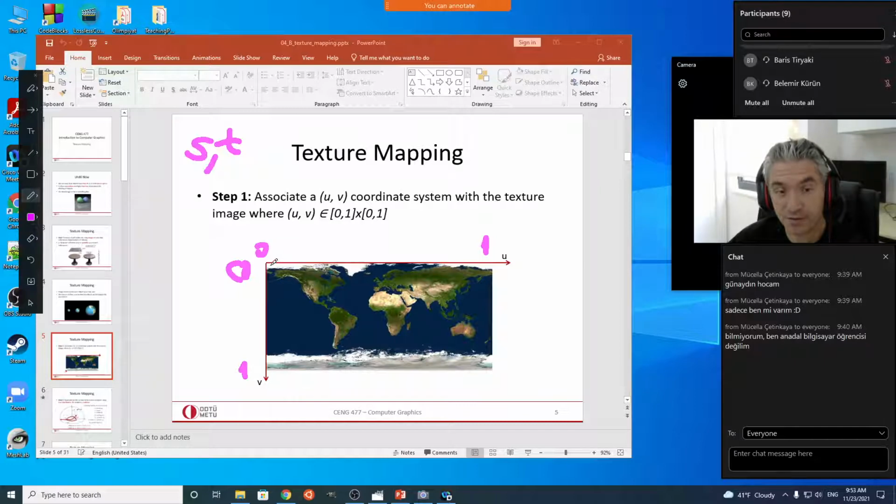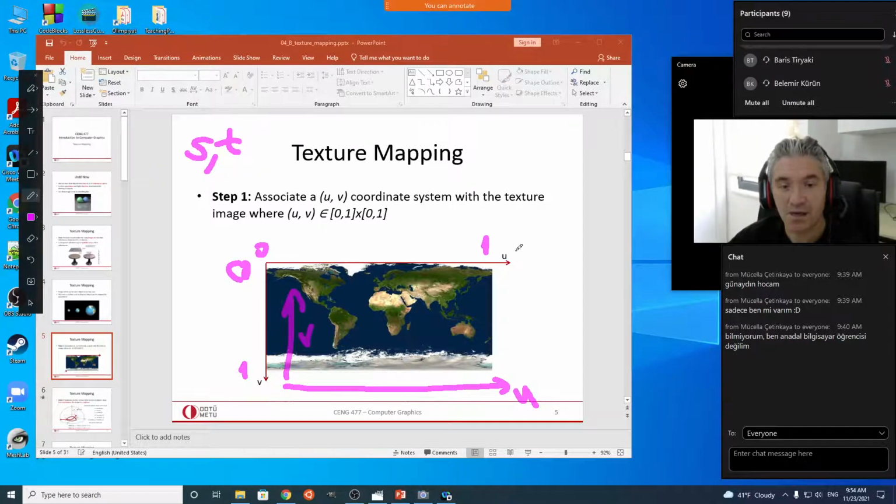You first write the first row, second row, third row. Just like that, we may have the coordinates increasing from top to bottom of the image. But in some texture images, the coordinates may actually be like this. Here it may be U, this may be V. Depending on how you define the texture coordinates, the coordinate system may be defined differently from